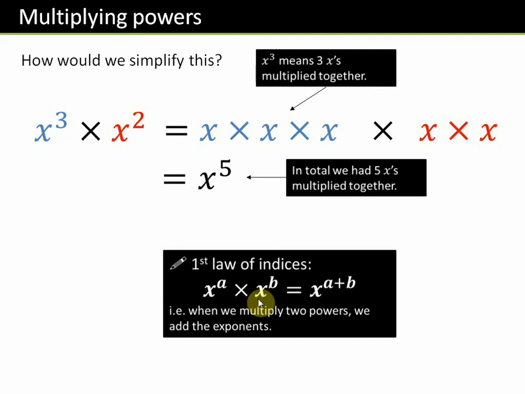If two values with the same base multiply with each other, then the powers will be added. If we multiply two powers, we add the exponents. If both values multiply with each other, the condition is that the base should be the same. If here is x power a and here is y power b, then it can't be added. The powers will not be added. So the exponents add when the base is the same: x power a multiplied with x power b.